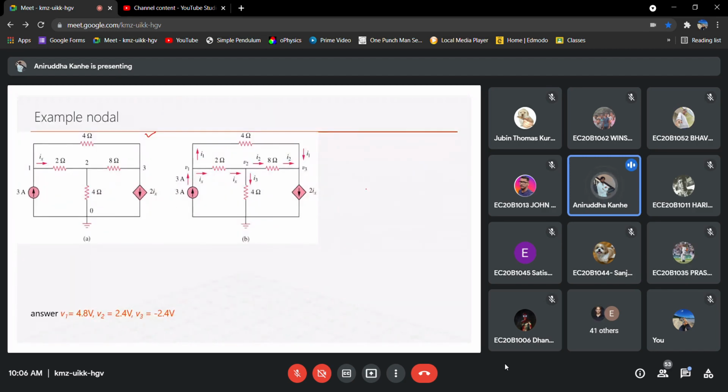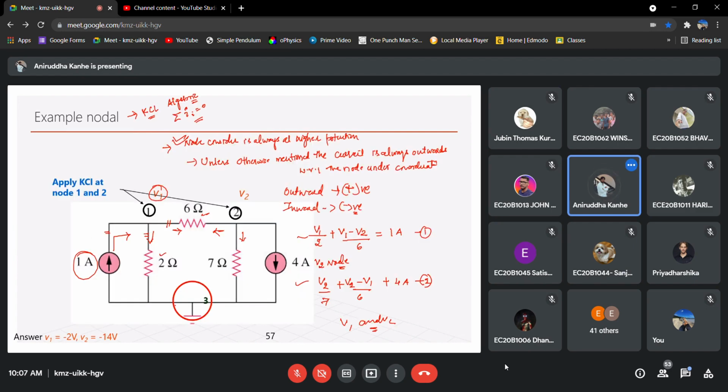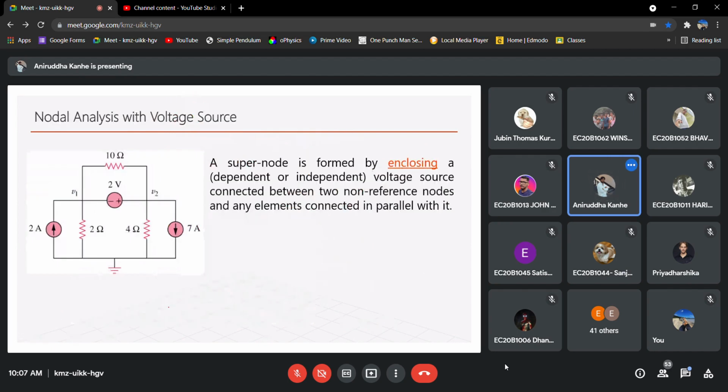Okay, after that, there was another question in which a dependent source was given, and I asked you to calculate for the nodes V1, V2, and V3. And for that also, some of you have given the answers like 4.2, 2.4, and minus 2.4. Now, we'll solve a few more questions out of it. Do you need a few examples, or shall we go for a new topic? Examples, sir. Okay. So I will go straight to your textbook.